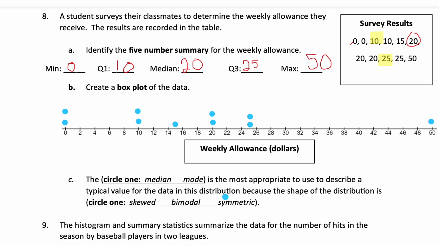Well, this shape is skewed, right? Even though there's a value here, well, it's actually, okay. So when we're looking at the most typical, in this case, we are looking at, oof,